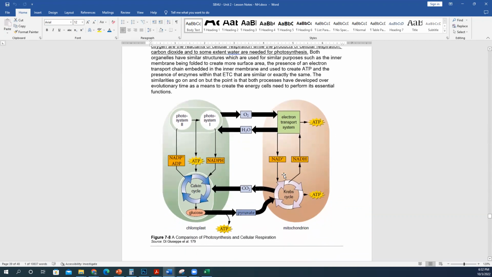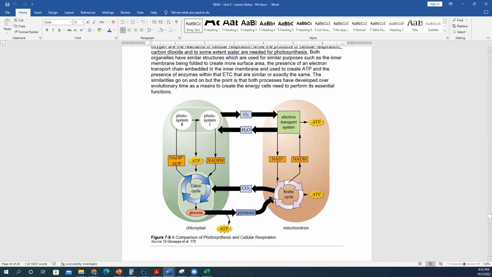And the presence of that electron transport chain that's embedded in that inner membrane and used to create ATP, and the presence of enzymes within that electron transport chain that are similar between the two and sometimes even exactly the same. And so there's quite a bit of similarities, but the important point to keep in mind is that